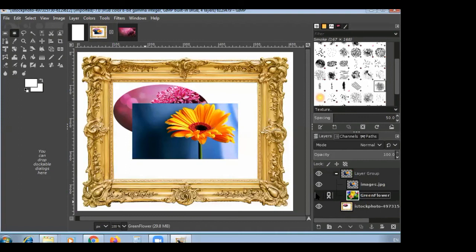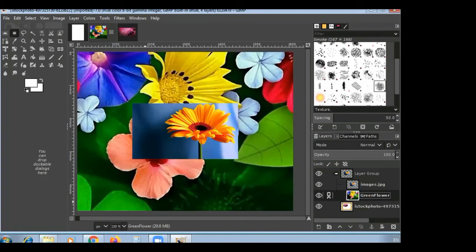Next one is moving a layer. Here you can move a layer by the Move tool to reposition the element in one layer without moving those in another one. So first of all, select the layer. The layer will already be selected over here.